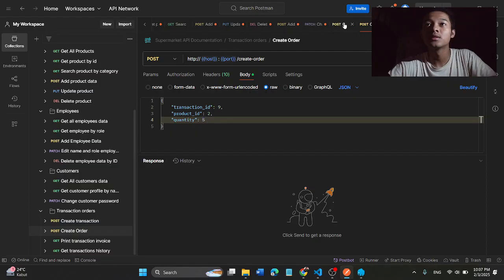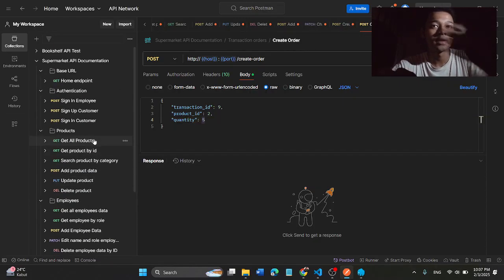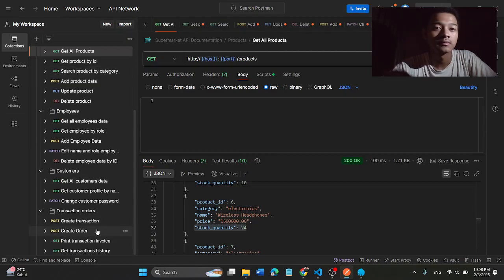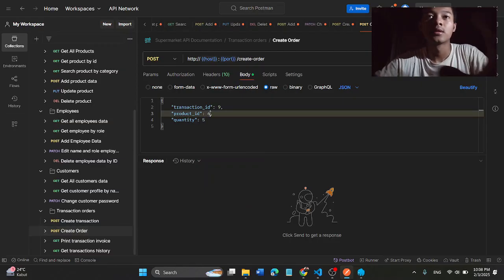Let's see. Get all products. Okay, product ID 6, and the available stock quantity is 24.